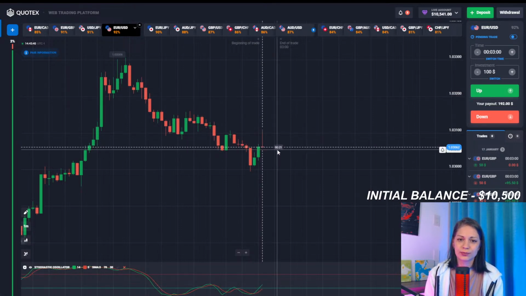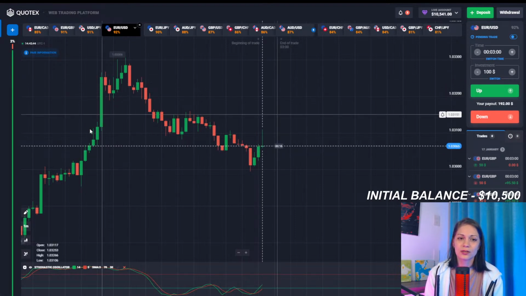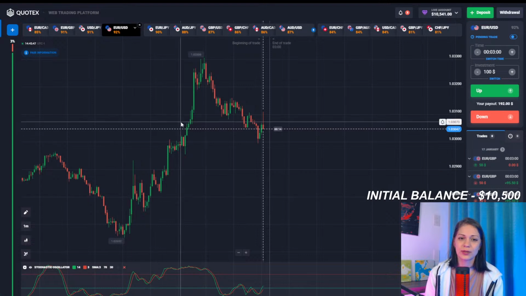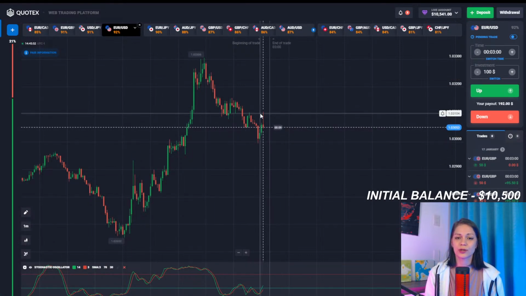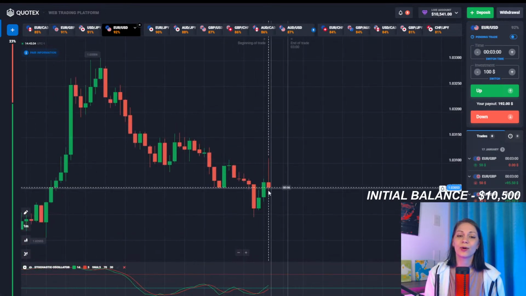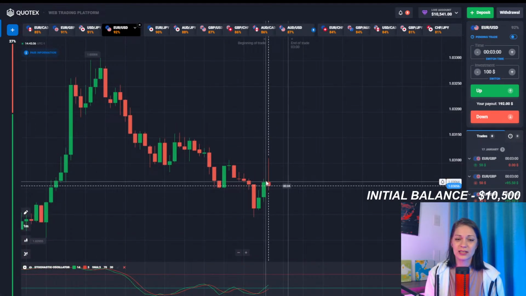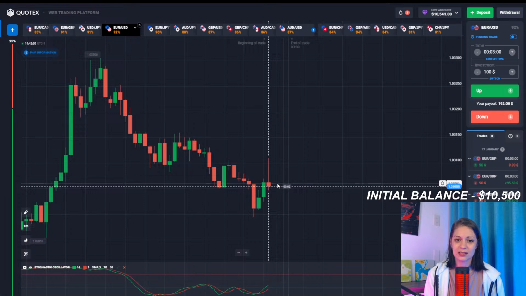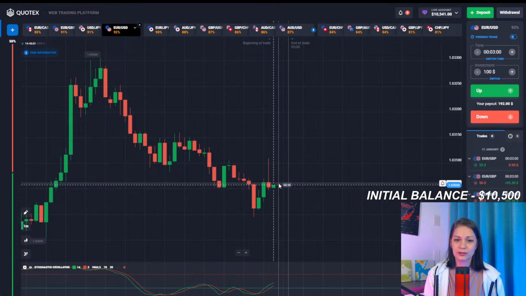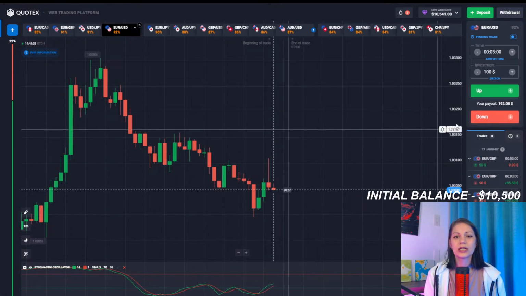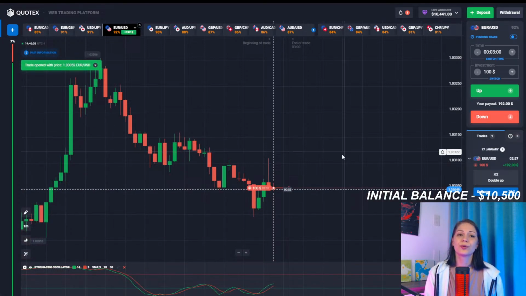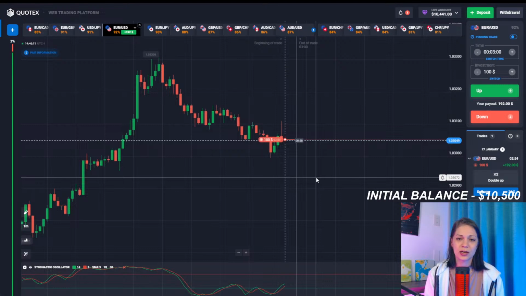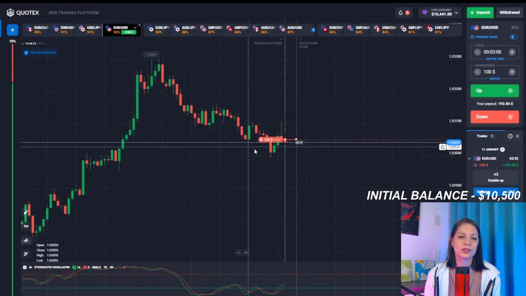This candlestick broke through the trend line, but now it's going backwards. So either this uptrend is going to continue, as was happening before because there was no break of structure, or we will continue moving according to a downtrend. And judging by this candlestick, we are going to a downtrend. Let's risk it for the biscuit. Euro USD, 3 minute expiration time, deal for a downward trend with $100 used.